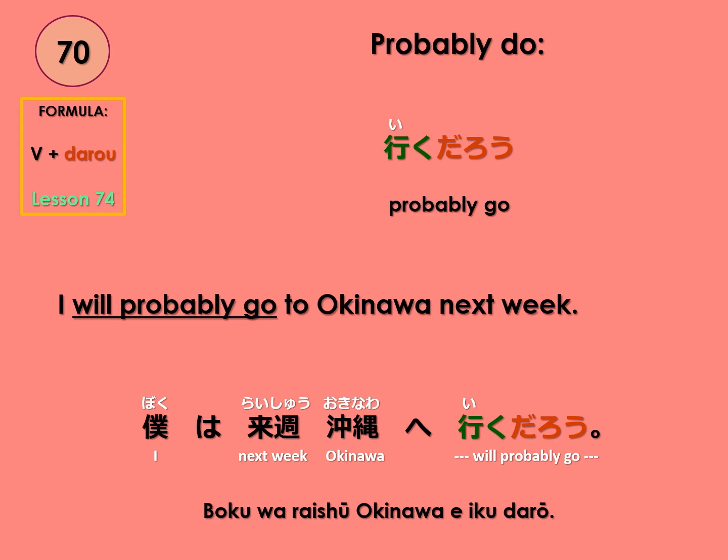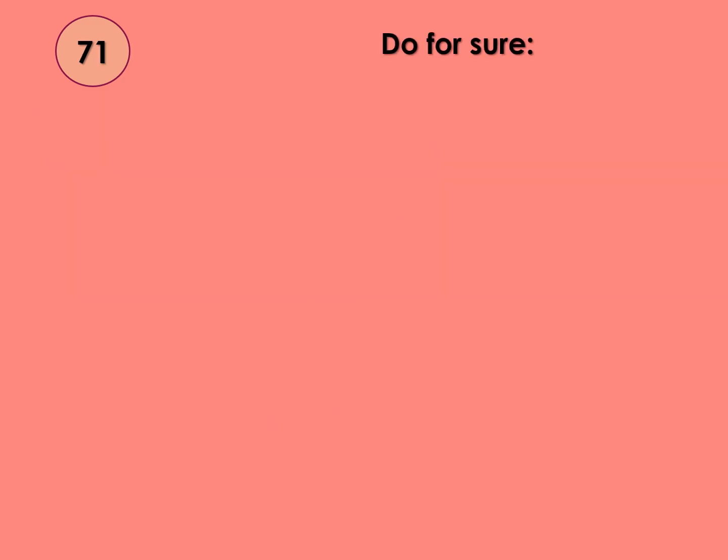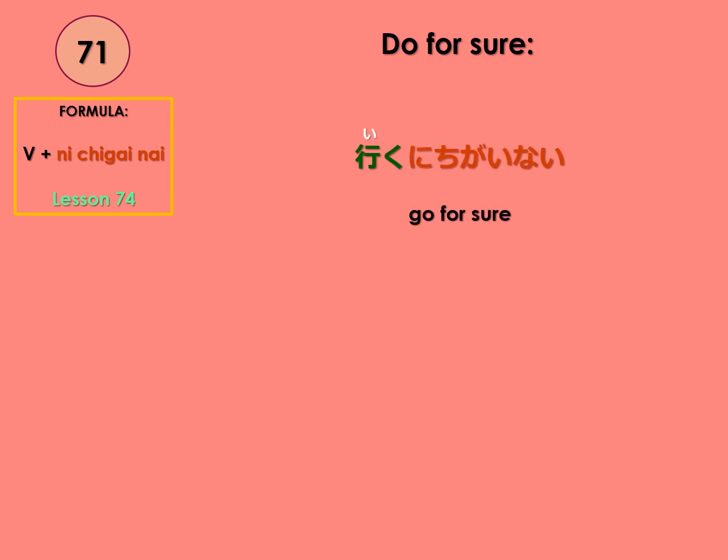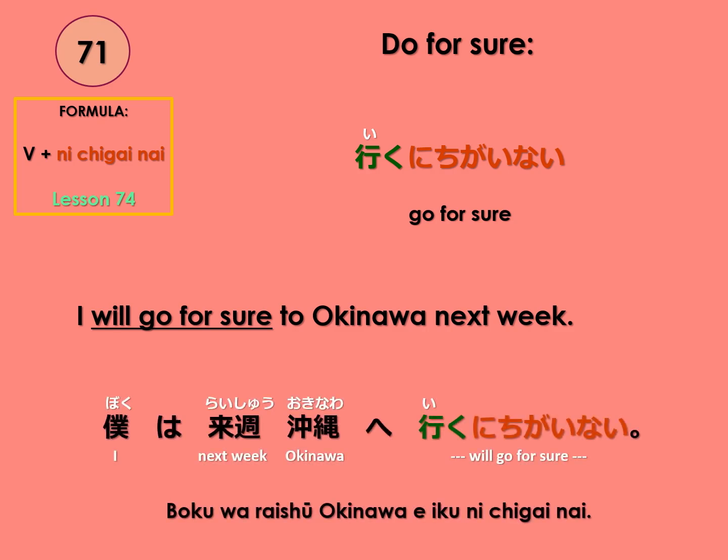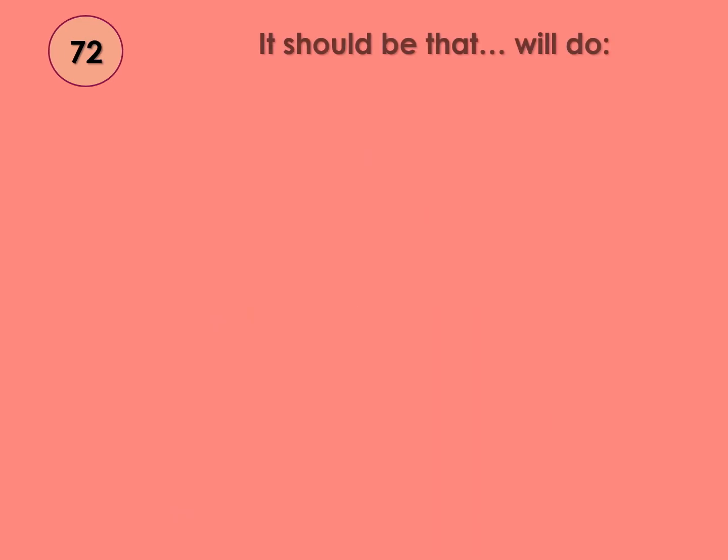僕は来週沖縄へ行くだろう。71番 Do for sure, meaning about 80% chance or higher of doing. Formula is full conjugation of the verb plus に違いない。Also lesson 74. Will go for sure. 行くに違いない。I will go for sure to Okinawa next week. 僕は来週沖縄へ行くに違いない。